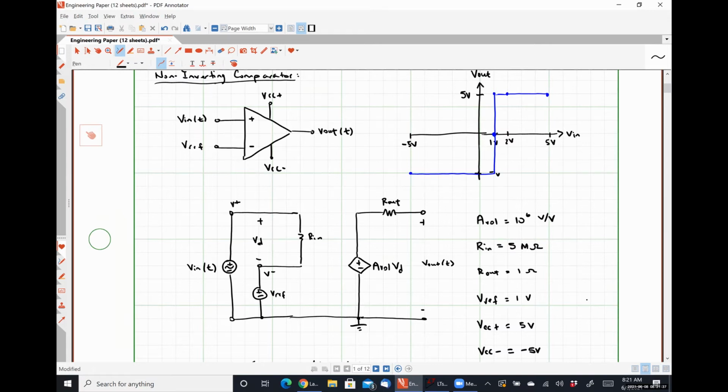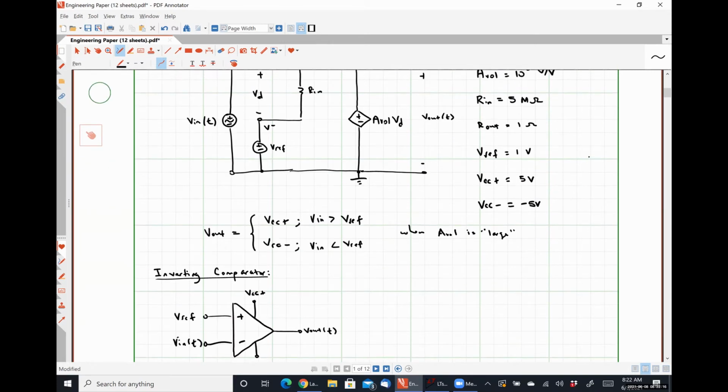So the fundamental difference between these two circuits is everywhere that VD was a positive number, it's now going to be negative, and everywhere that VD was a negative number will now be positive because we've switched those two, right? VD by definition is the voltage at our non-inverting input terminal minus the voltage at our inverting input terminal. Since we've switched the voltages that we apply there, we're really just switching the sign on VD from what we saw before. So from that, if I were to plot this,